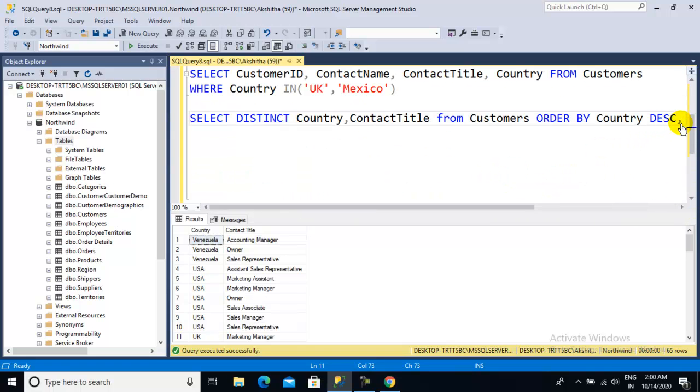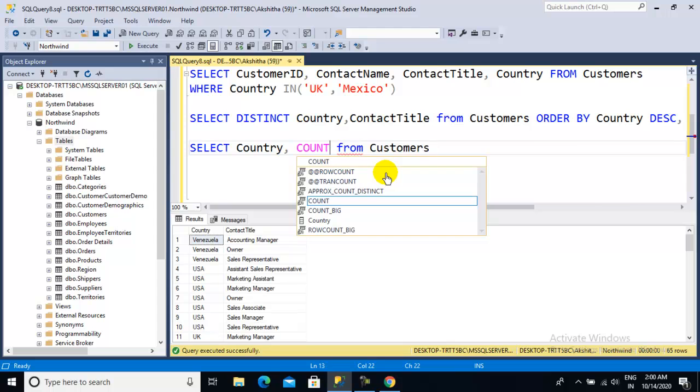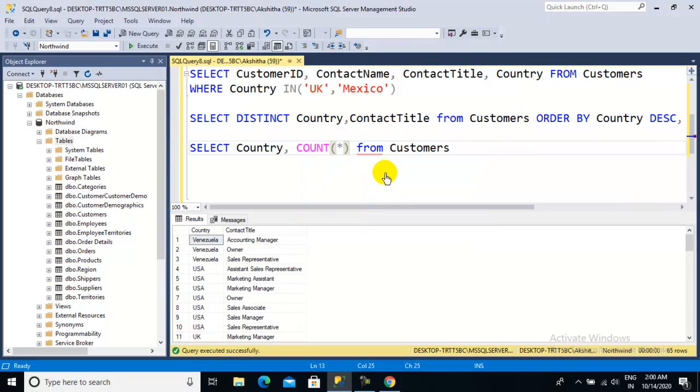And one more thing. Here for example there is a country, so remove this. I want to know how many people there are per country. At that time, what we will do is use a count option. Here you put count star from, and there is a command called group by. Group by, on which basis do you want to group it? I want to group based on the country.